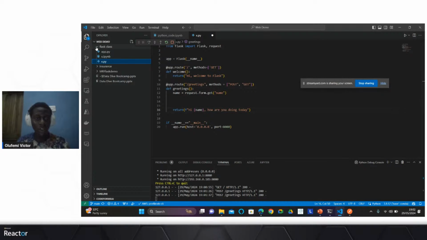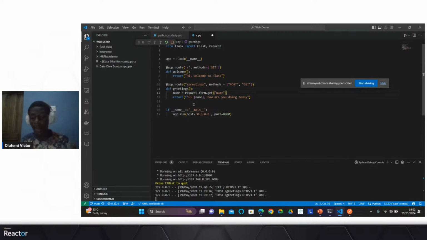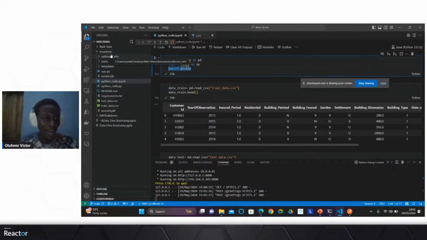And of course, sometimes you might want to go beyond just building an API. You most likely will want to build a front end, all nice and fine, so that people can actually test your deployed model. So for the sake of that, I've written some code, which I'll show you in a couple of minutes.